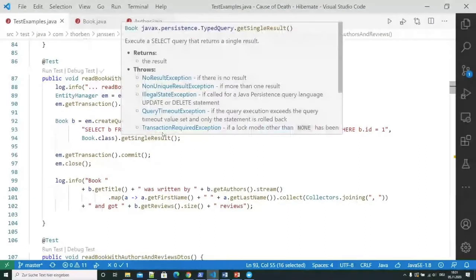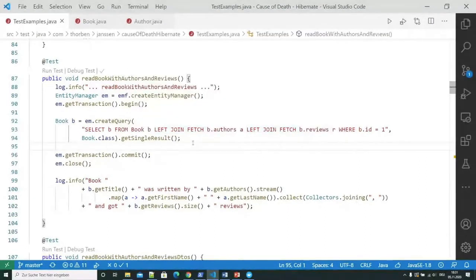When you're thinking about using multiple left join fetch clauses, you always need to think about the number of elements that are part of this association. So it most likely doesn't make any problems if you have a left join fetch clause that joins the authors to book. That's probably not the case for reviews, because the latest bestseller could have several thousand of them, and that would mean that we create a huge product.